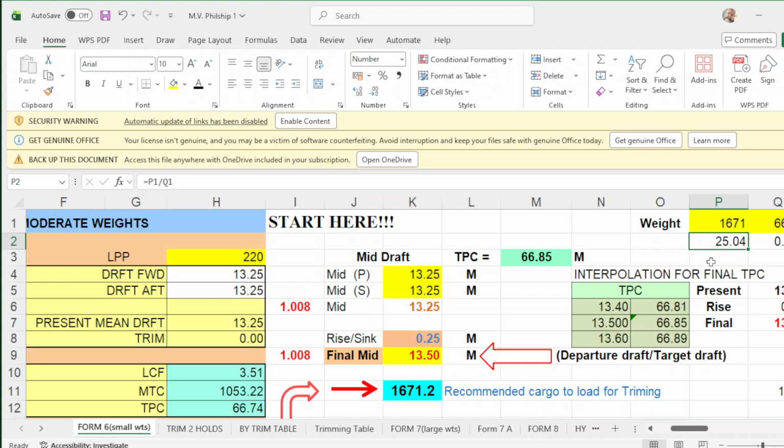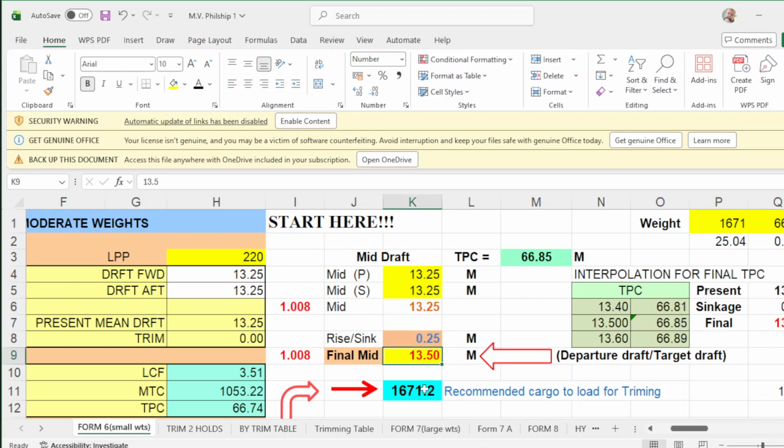Divide this by 100, your sinkage will be 0.25. So if your initial draft is 13.25, this will be your sinkage. So sinkage, you add this one, then your departure draft will be 13.25, which is this one. Your 13.50 will be your departure draft at load port.